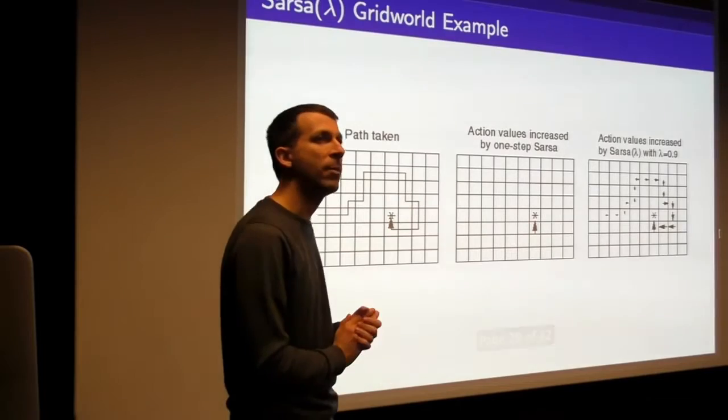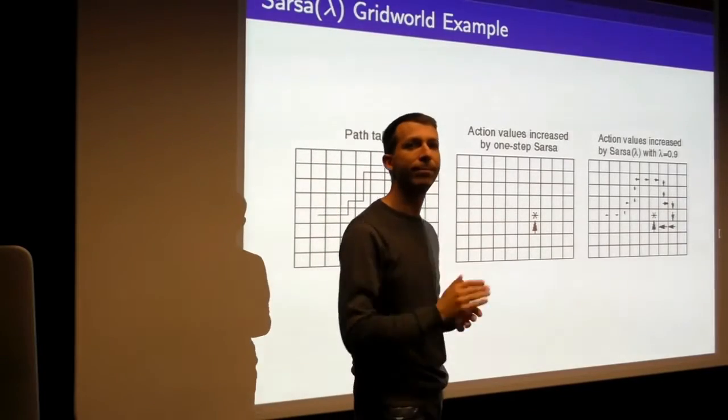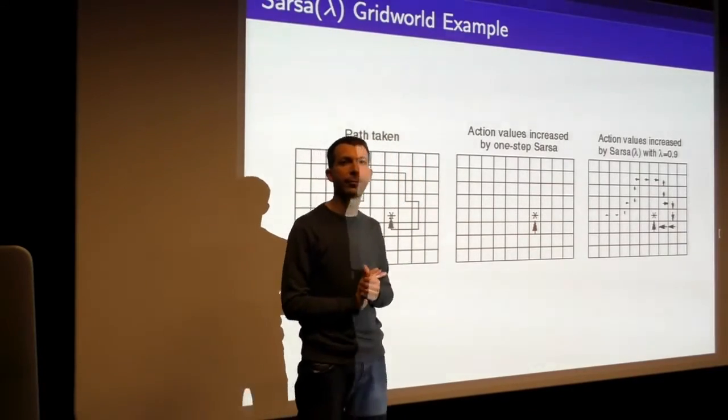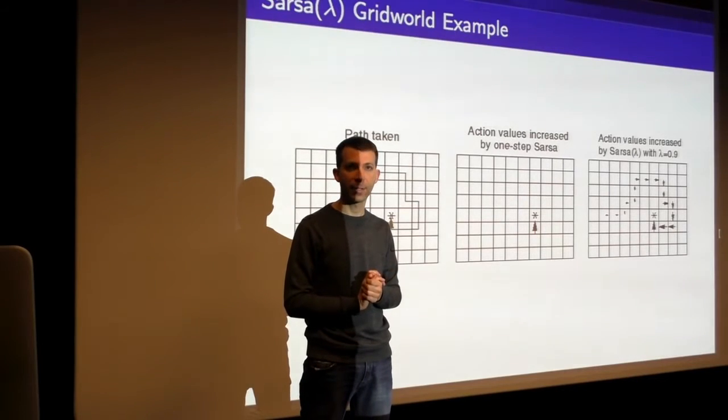Okay, any questions there before we move on to the final section? Yeah. You said that the eligibility traces would decay along the path, but... Yes. They would be 1,